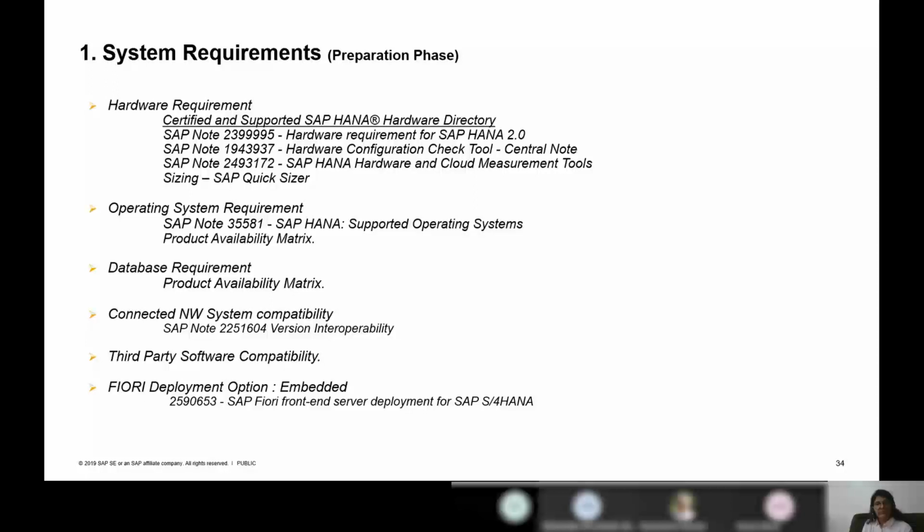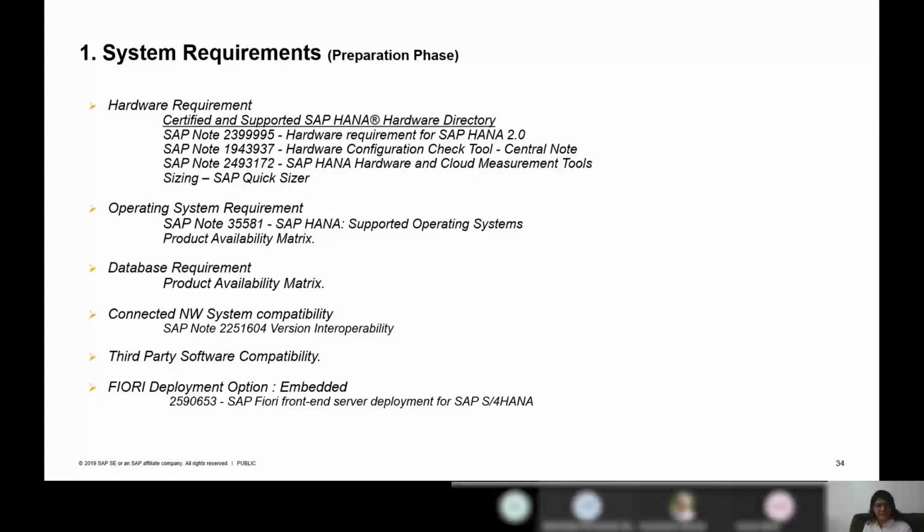So you can identify whether you need to touch these systems or not. Third-party software compatibility is something you need to check with the third-party software vendors, whether they are capable of running with 1909.